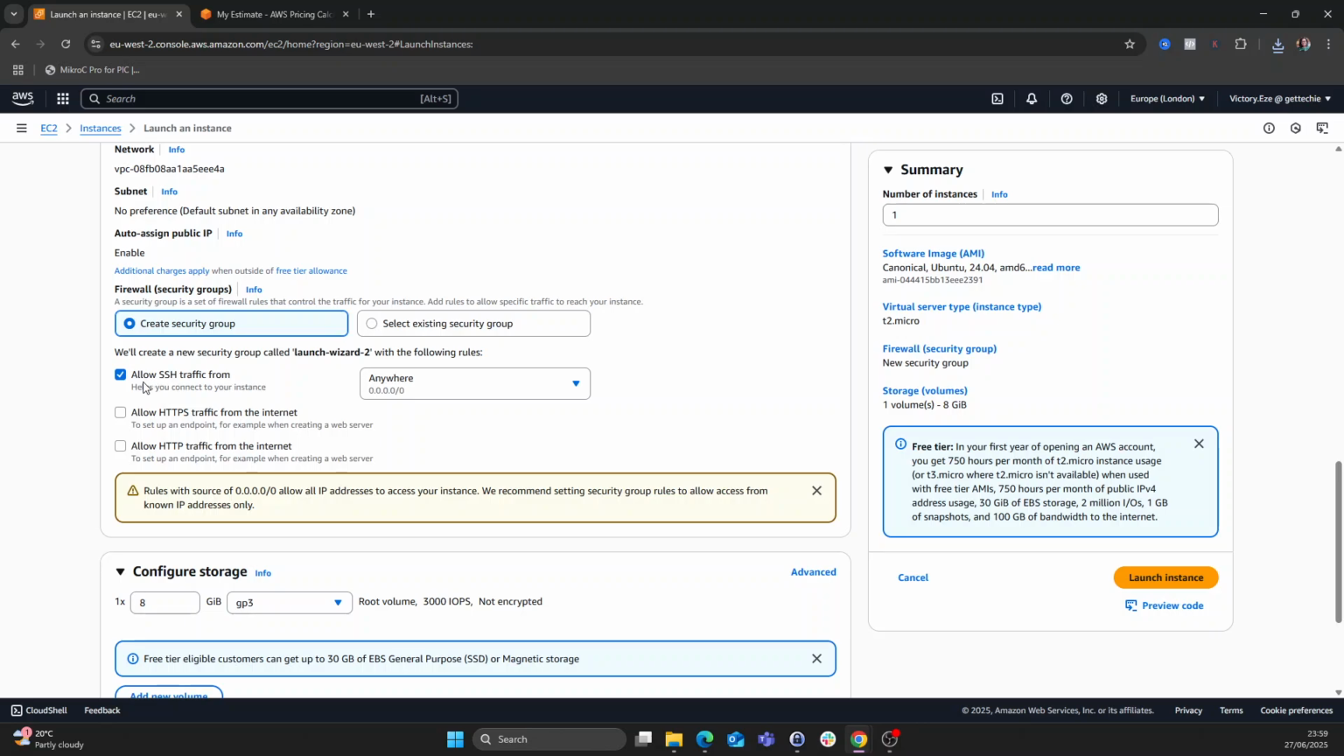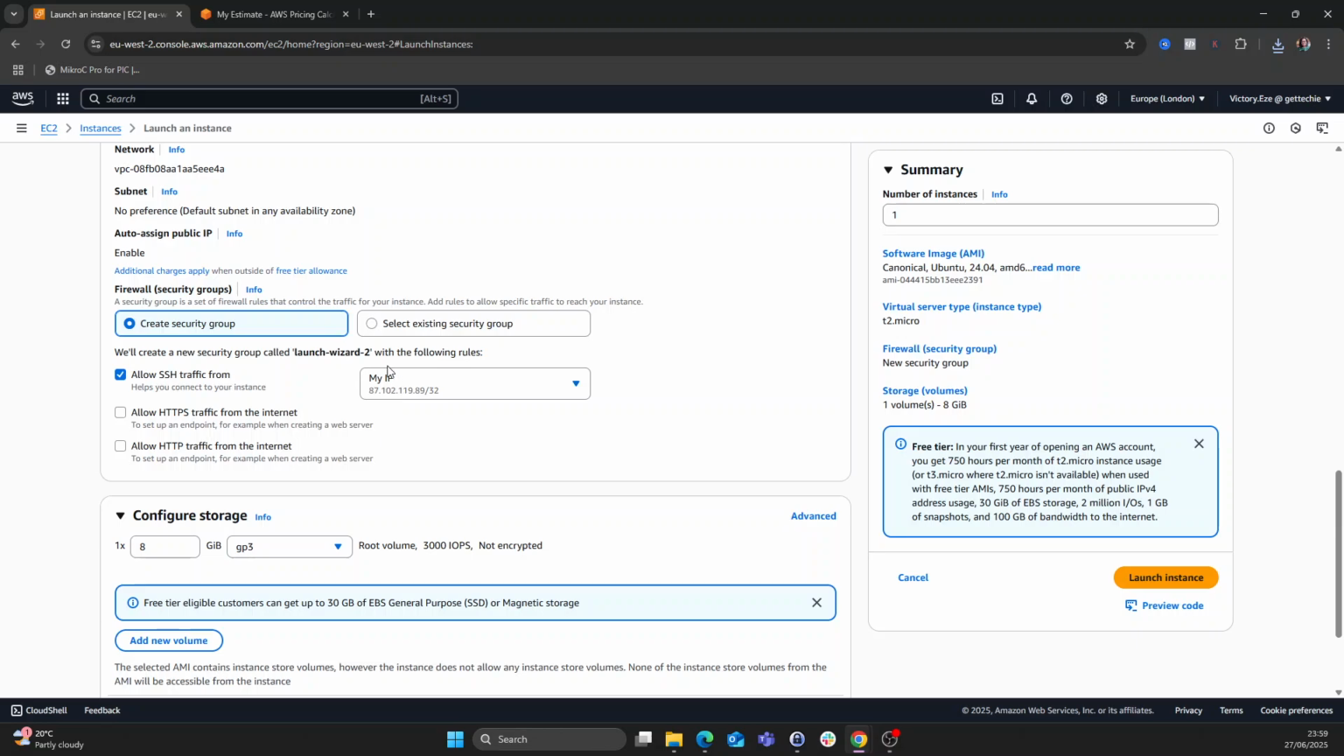Now I want to allow SSH. Remember, I told you for Windows servers, the way you can log into the machine is to use RDP. For Linux servers, the way you can have access is to use SSH. So I'm going to allow SSH. But now it's asking, where do I want this SSH from? From everywhere? No, I don't want from everywhere. I want it just from my IP address. It means only my IP address is able to access